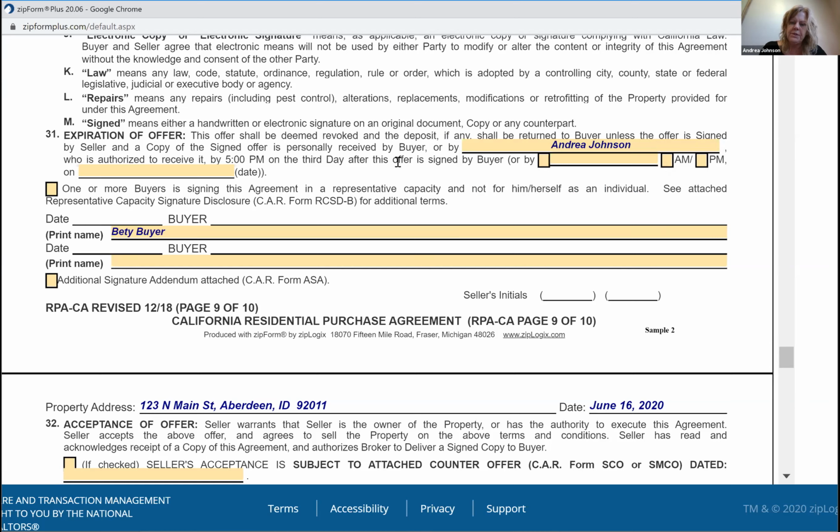Now, that person is authorized to receive it by 5 p.m. on the third day after this offer is signed by the buyer, or you can change the time frame. So the default for seller response is 5 p.m. on the third day after this has been signed by the buyer and hopefully conveyed the same day to the listing side. And if they want to change the time frame, you would check here and say, let's say by